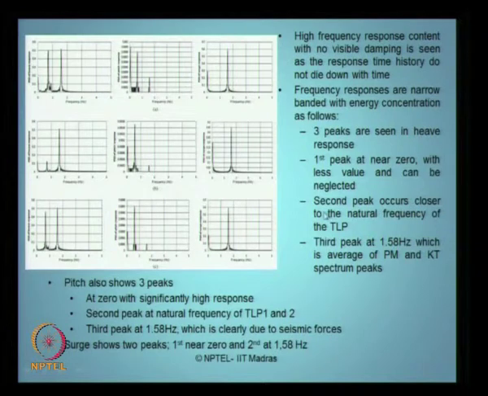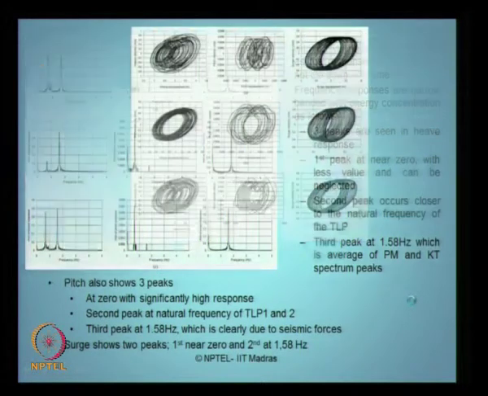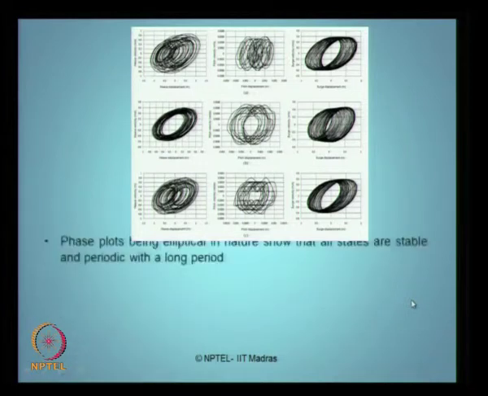It is very interesting. This happens in pitch also. You may see the value may be lower, but it is happening in pitch. It happens in surge also, 1.58. What is this 1.58 number? The 1.58 number is interestingly